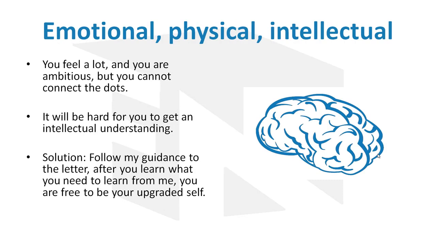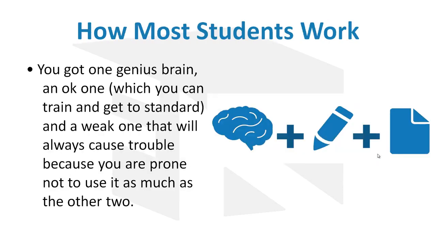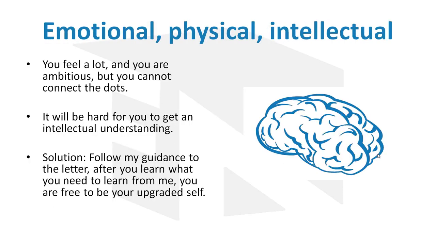So maybe you are like this. You're an emotional brain person, with a physical brain, and then an intellectual. This means you feel a lot. You're quite talented. You're ambitious, but you can't connect the dots. So basically, you can't use the abstracting function as well as somebody a bit more intellectual. That's fine. The solution is to follow the guidance that you get from me, because that's going to basically